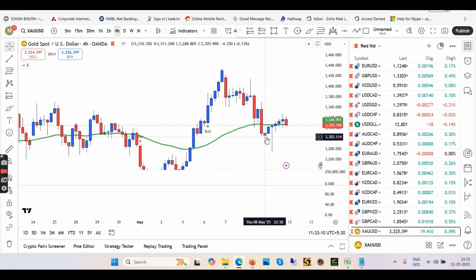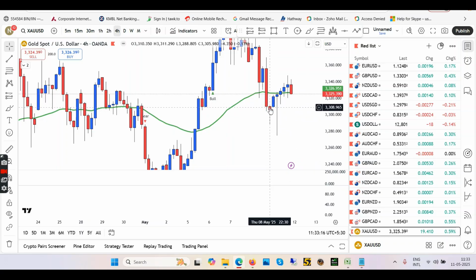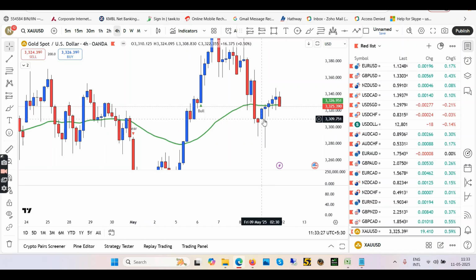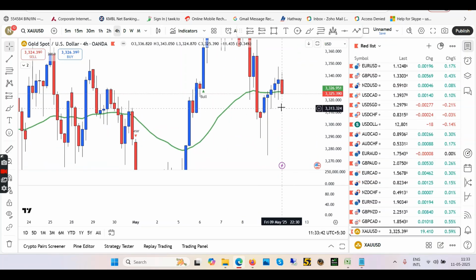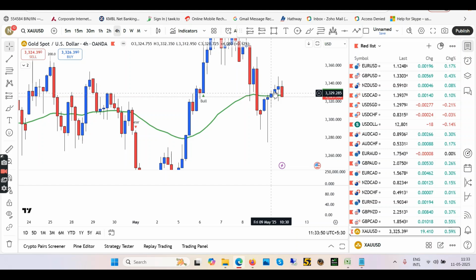So you can see this was a downtrend for some time in 4 hour chart. But as you can see here, this candle on 8th of May 22:30 was eaten by this blue candle. So the next blue candle ate this low, which means we were going for the uptrend. Okay. So this candle was the confirmation that the gold will go up. And then we had this gold going down, but the rejection came, and this is in 4 hour, okay? So you can see the rejection came, buyers woke up and started moving the gold price up, okay? So again, if you entered here or here, you made some profit.